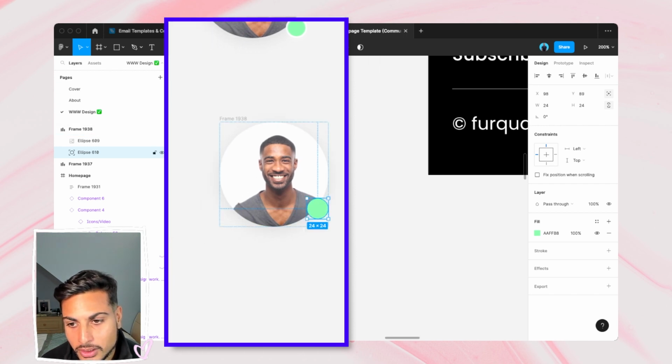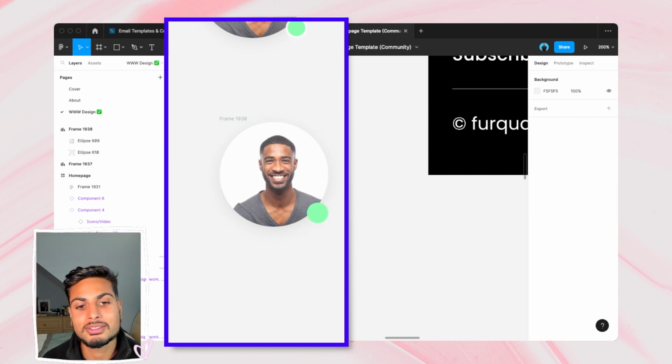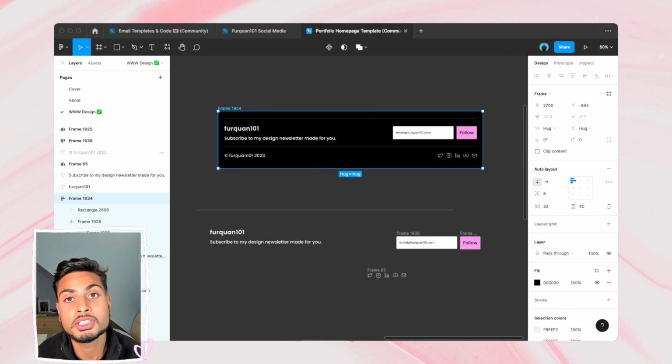So wherever you want this, absolute position allows you to freely move this around. Previously this was really difficult to do with auto layout, but it's a simple way to do this. So that's absolute positioning. The last thing we're going to do, which is really simple, is just assemble this